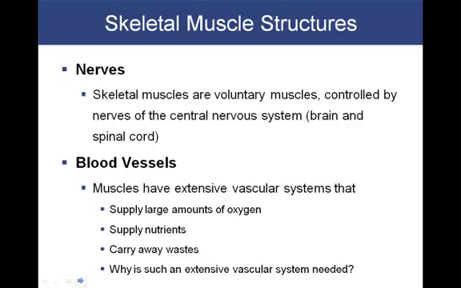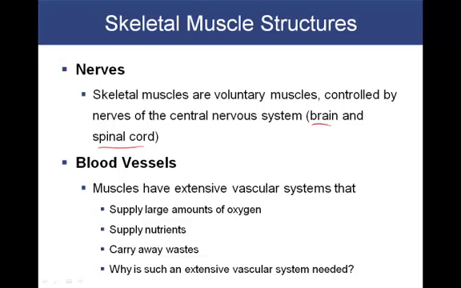Skeletal muscle is voluntary, so it's going to need input from the central nervous system. The central nervous system includes the brain and the spinal cord. So in order for skeletal muscles to contract, they need to be signaled by the nervous system. Right now, if you are taking notes, there's a signal coming from your central nervous system to the muscles within your arm and your hand that is telling those structures to contract, which then allows you to write and take notes.